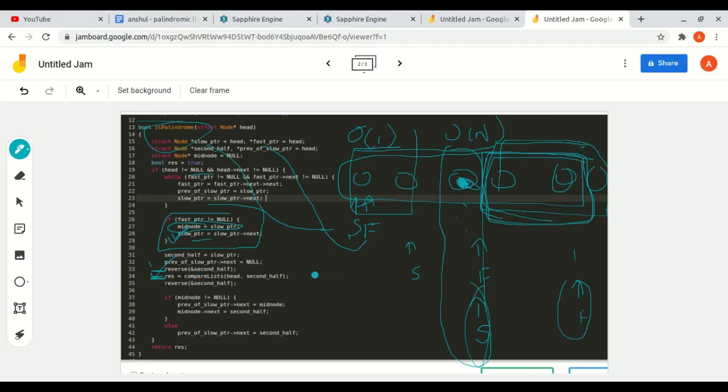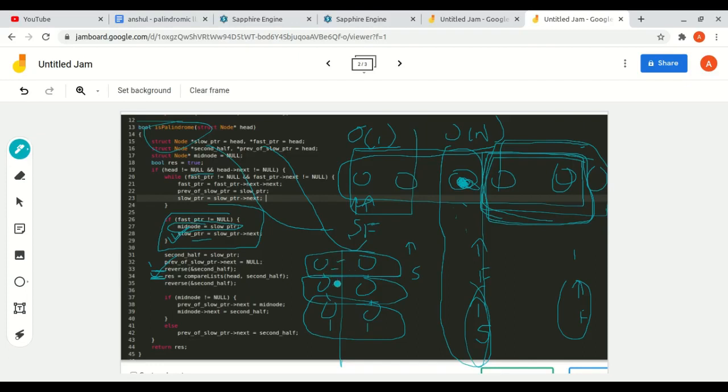And the comparing algorithm is very easy. There are two linked lists. We just compare every element with each other. If they are equal, then we will return true, and if not, then we will return false.